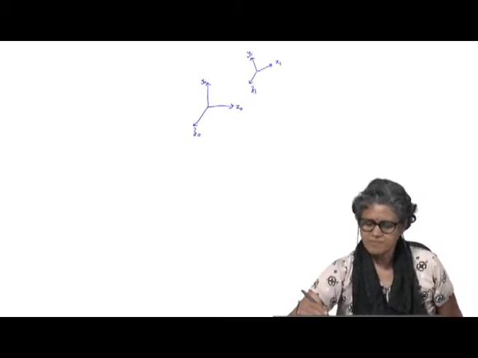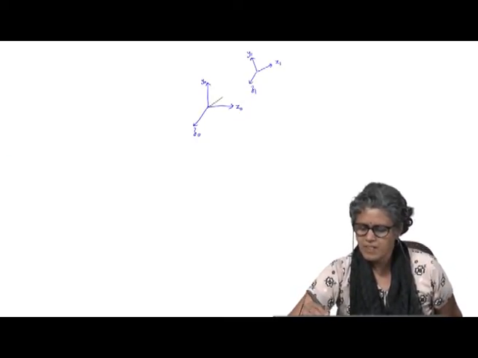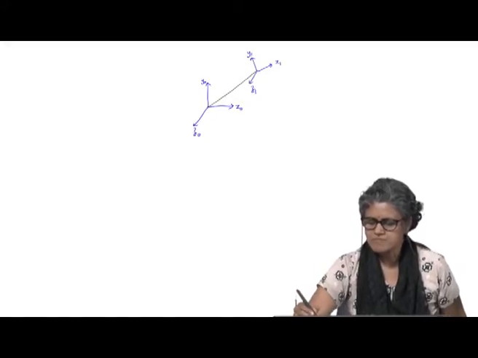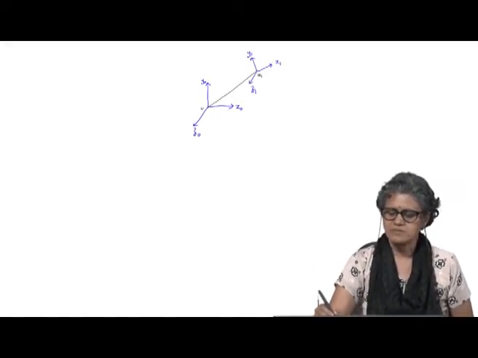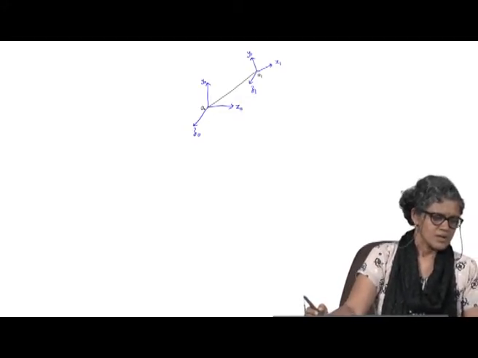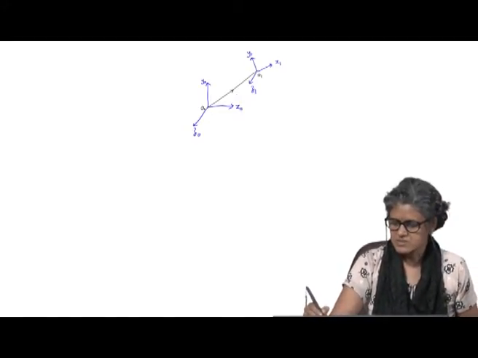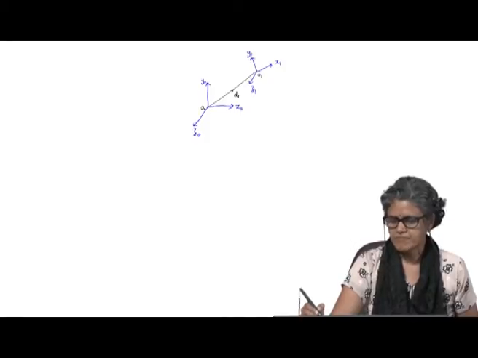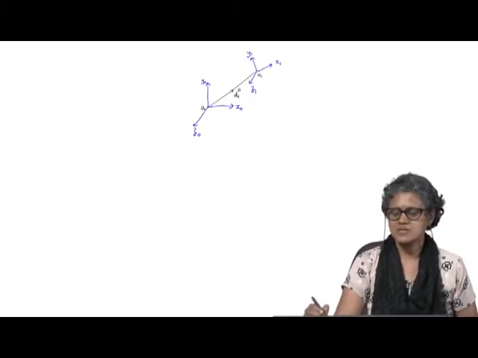So, let us say the origin, so O1, this is O0, is displaced by some d1. So, this d10 represents the displacement of